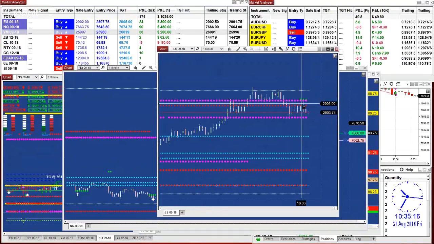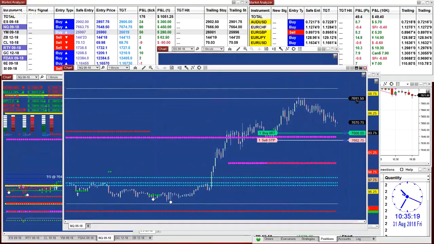This is not a tradable area at all. This is 90% of those traders, they lose money. However, on the Nasdaq, because it's $5, even if you have $3,000 or $5,000, you don't have a problem taking that chance here on one contract. The reason is you're not infected emotionally with that trade because it's a cheap trade. It's $5 per tick, and if you lose $50 out of a